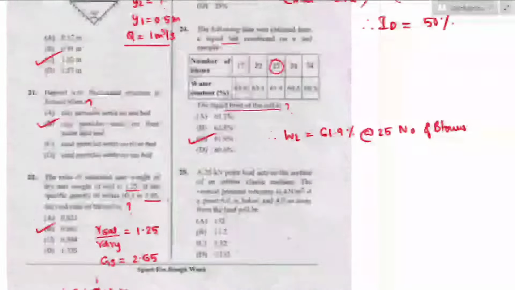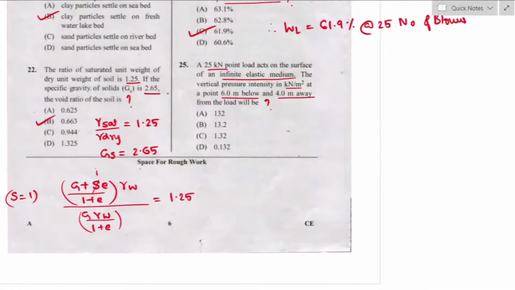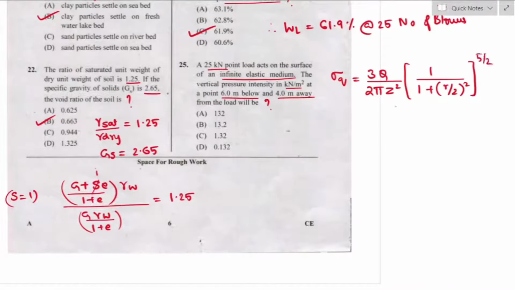Question number 25. A 25 kN point load acts on the surface of an infinite elastic medium. The vertical pressure intensity in kN per meter square at a point 6 meter below and 4 meter away from the load will be. So according to Boussinesq's equation, the vertical pressure intensity is calculated by the formula 3q divided by 2 pi z square into 1 divided by (1 plus (r by z) square) to the power of 5 by 2, where q is the intensity of the point load, that is 25 kN, and z is the vertical distance,